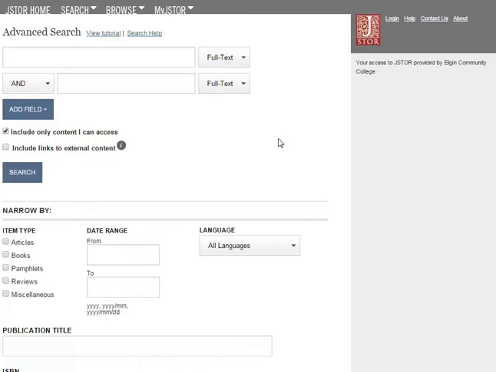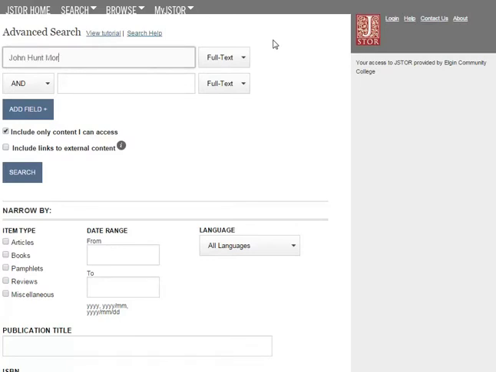We, not being University of Chicago, a major research university with tens of millions of grants, do not have the resources that it has. So sometimes I say include only content I can access. If I'm feeling cranky, I click that off, and then I get citations that I then will throw into Armando. Let me try John Hunt Morgan here